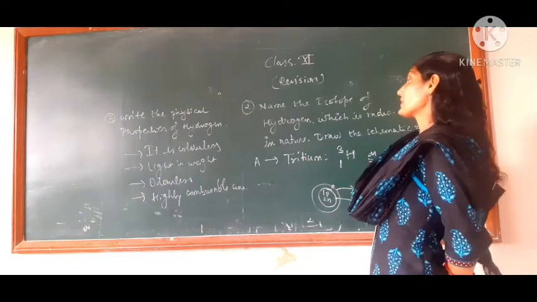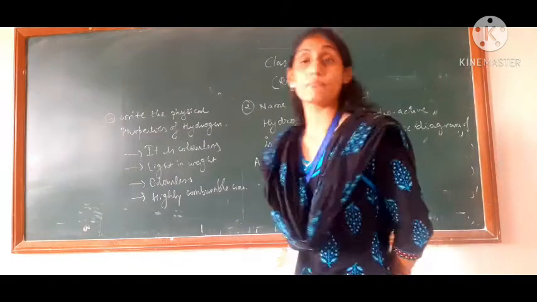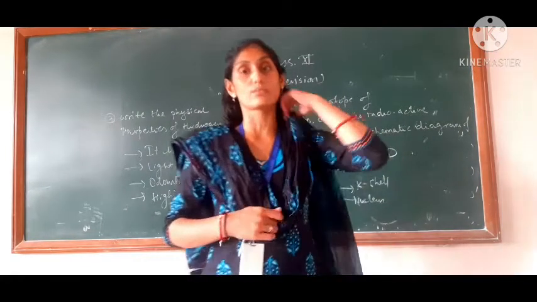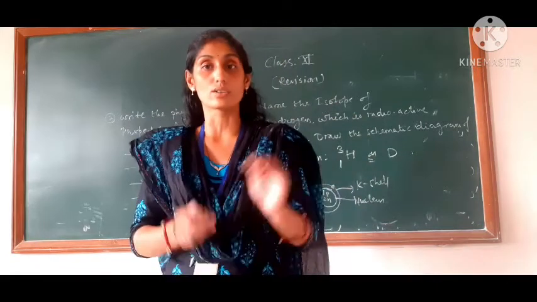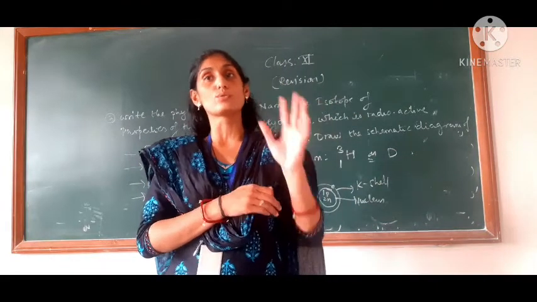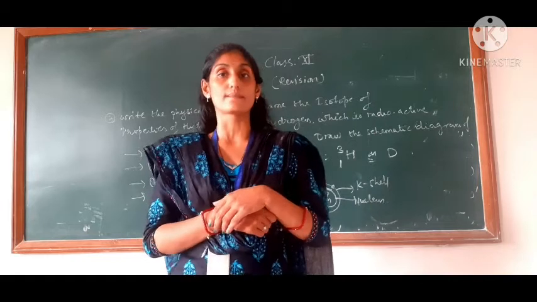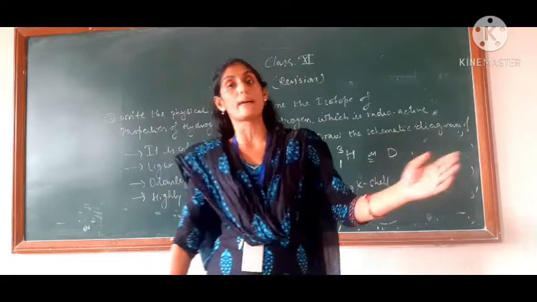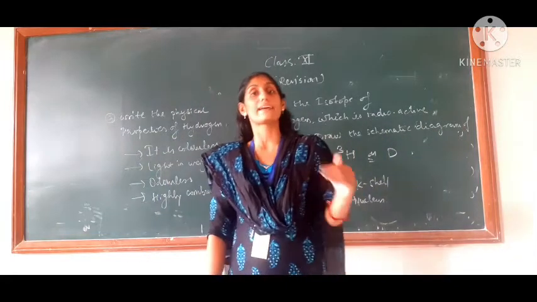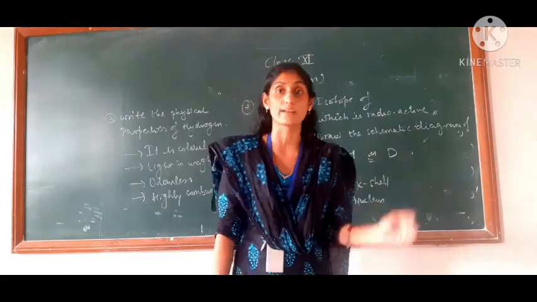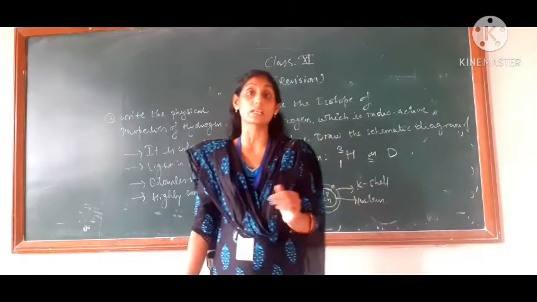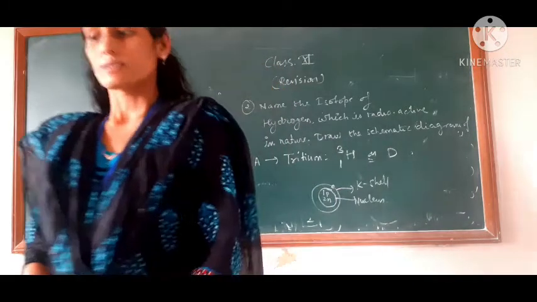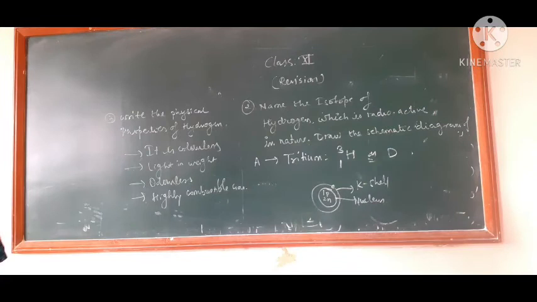Now the next question is, write the laboratory method for preparing hydrogen gas. Children, hydrogen made by the laboratory method is a very small amount which we only use in the chemistry laboratory. It is not used in industry. When we talk about the industrial purpose, we studied that the methods are electrolysis of water, electrolysis of barium chloride solution, and the wash process, by which hydrogen is produced commercially on a large scale. Now let us see the laboratory method for preparing hydrogen.